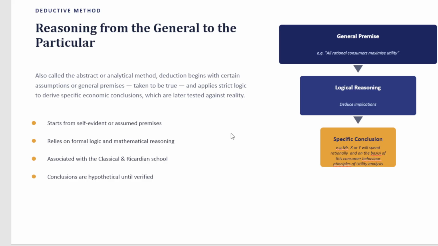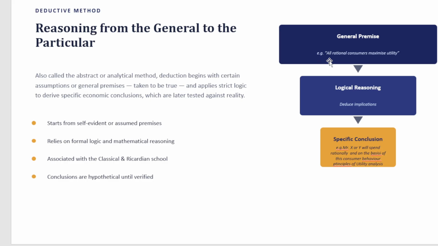Deduction begins from certain assumptions or general premises taken to be true, and strict logic is applied to derive specific conclusions, which will later be tested against reality. It means the starting point is general topics based on historical fact.